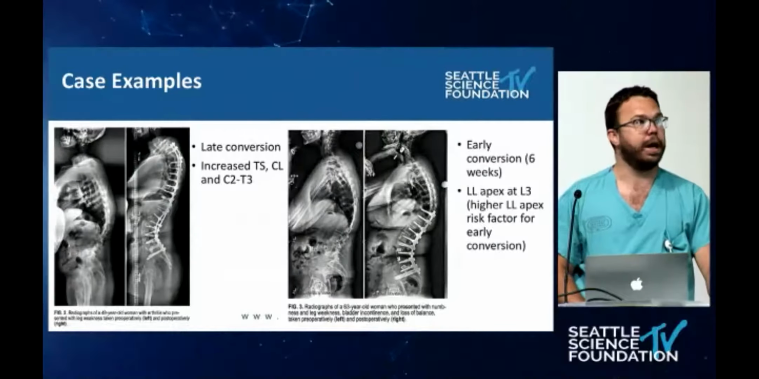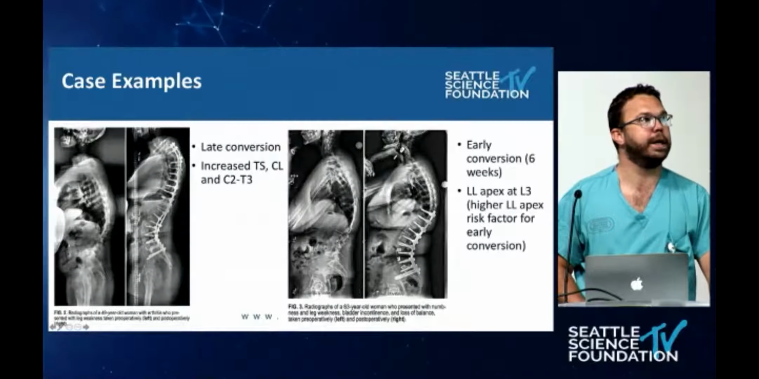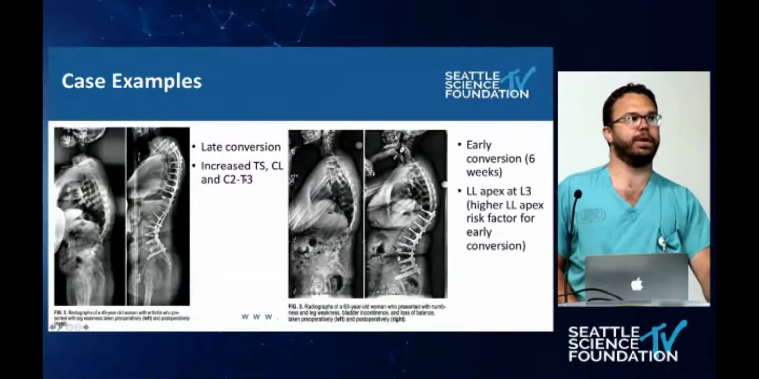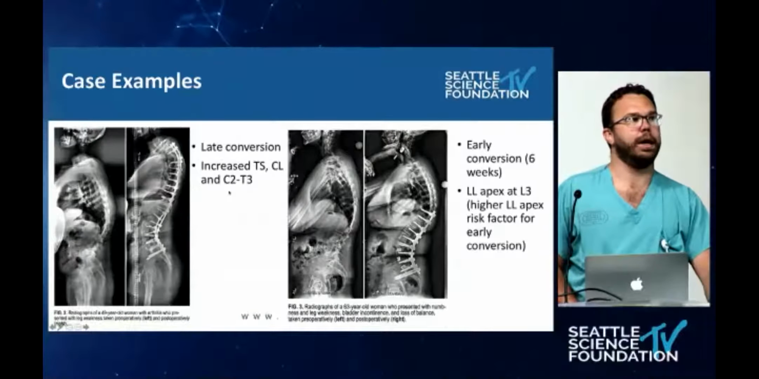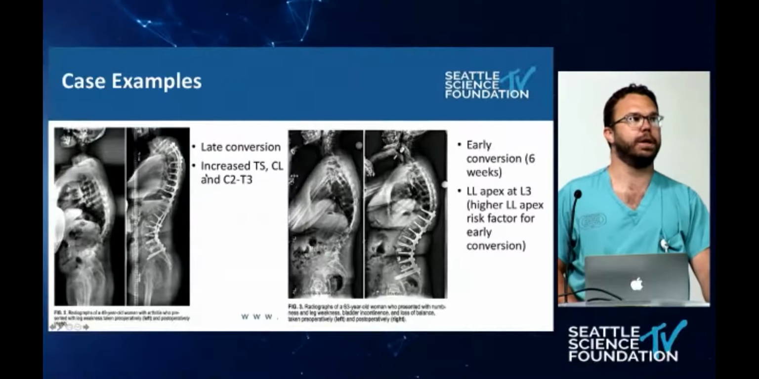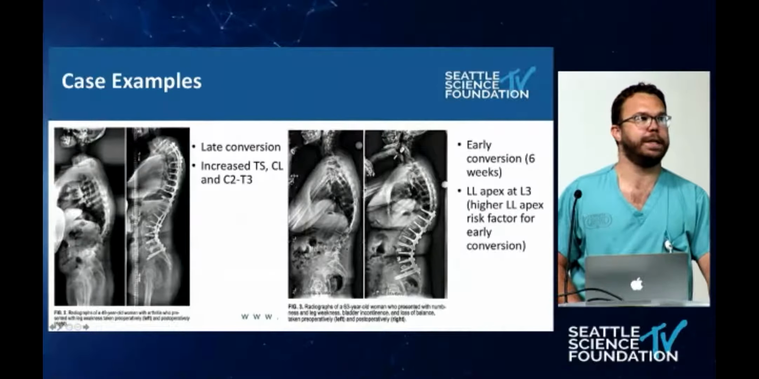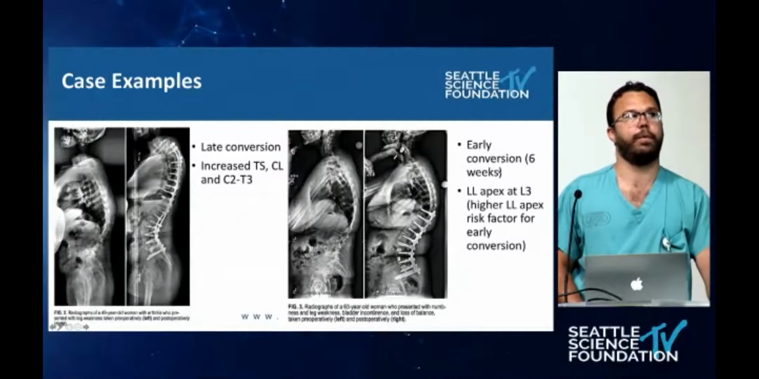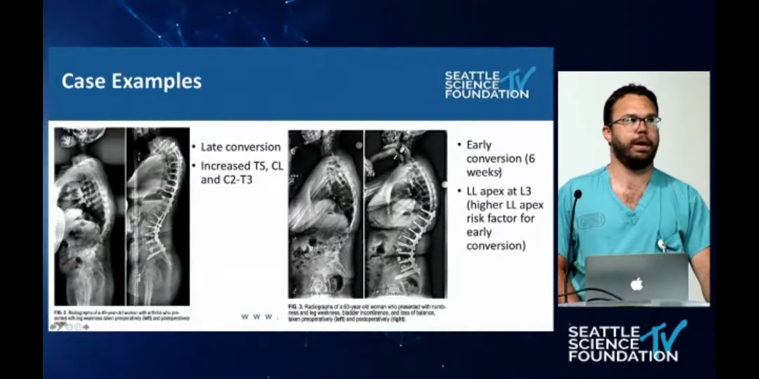This first patient underwent a T3 to pelvis, and this was a late converter. This patient had increased thoracic slope, cervical lordosis, and C2 to T3 angle, and these were predictors of a late conversion. And this is an example of a T10 to pelvis, which, interestingly, was an early converter, but because these